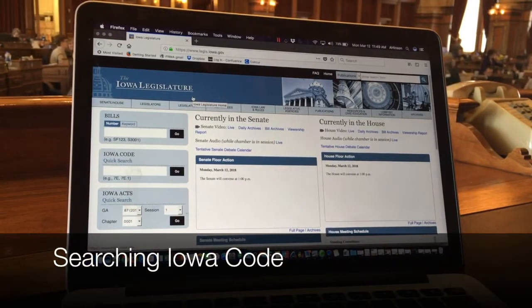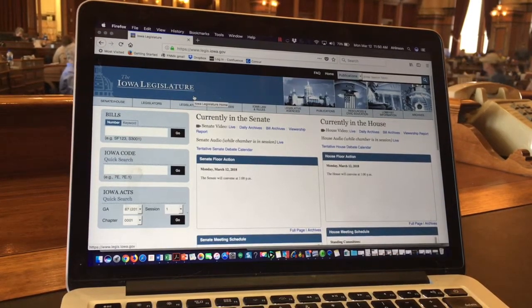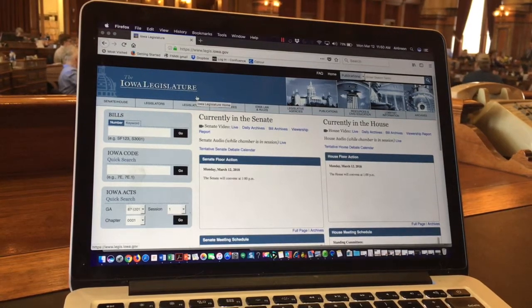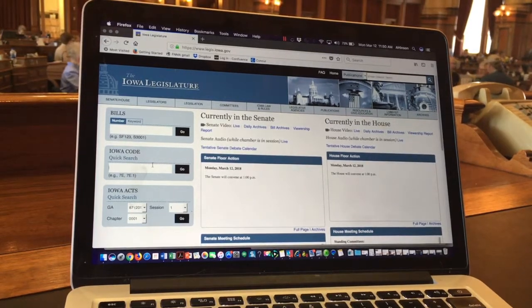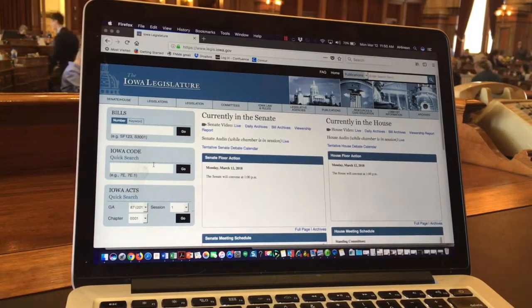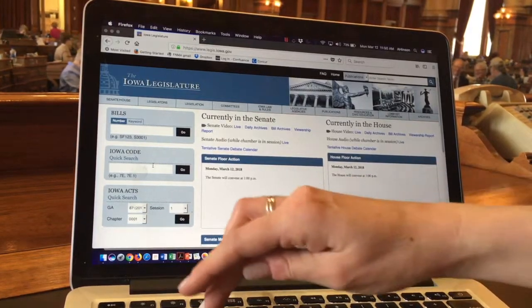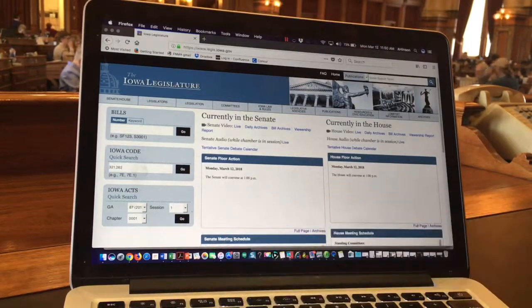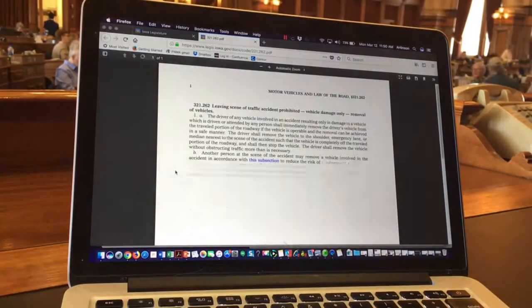Many times, the newspaper or a television station, when they're covering a bill that we're doing here as a story, they might reference Iowa Code. And I wanted to show you how you can actually look up Iowa Code sections. You don't need a giant code book to do it. It's all online. So I wanted to pull up a section of the code that I worked on last year, which is 321.262. So you can just type it in and hit go, and it will take you right to the actual